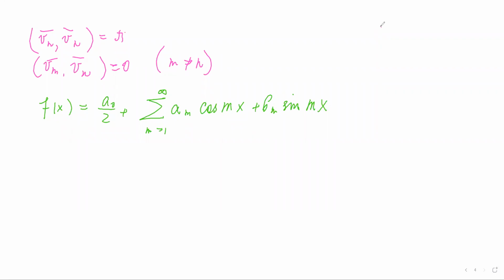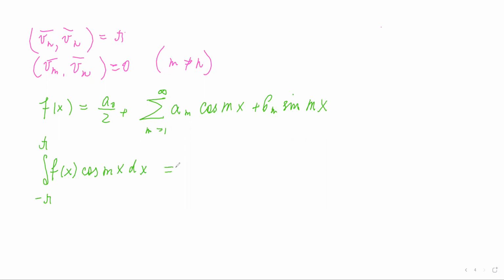Okay, now we do know that these cosines and sines are orthogonal. How to find the coefficients? Well, how to find this am and bm? What I'm going to do, guys, is multiply both sides of this series. Imagine that the function is already represented. We just don't know the numbers for am and bm. So I'm going to multiply my function by cosine of mx on both sides and integrate. I'm going to take the integral of f of x times cosine of mx from negative pi to pi